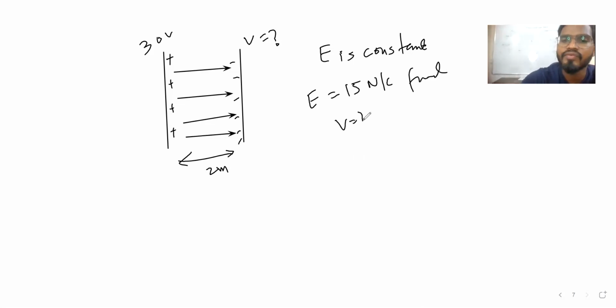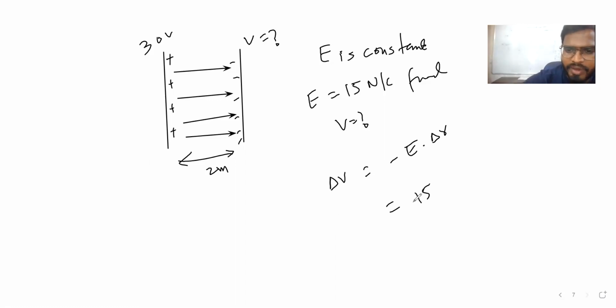Okay. We know E is equal to minus delta V by delta R, and delta V we want to find. So let's write delta V. Why should we write something else? So delta V is equal to minus E dot delta R. Okay. Obviously, towards the direction of electric field, potential is going to decrease. Potential is going to get decreased.